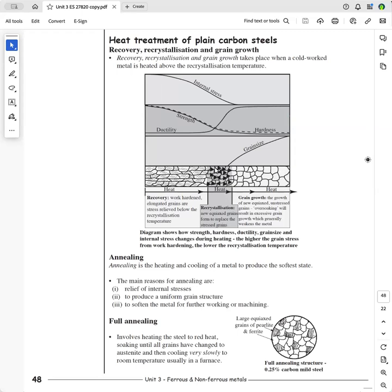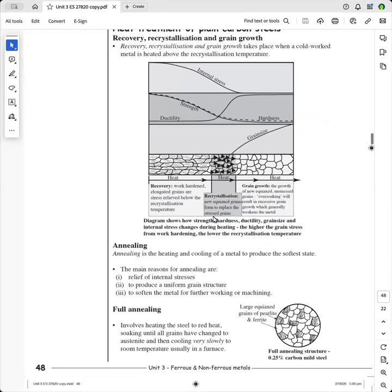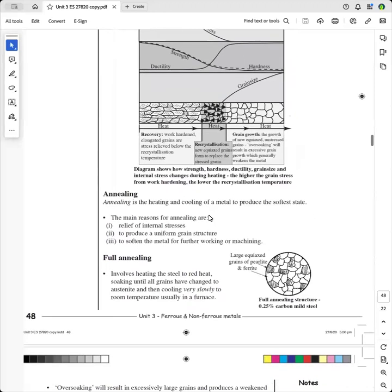Okay, so that's an explanation of that diagram. I'd like to go over the different heat treatment processes. So the next one that we're going to have a look at is annealing. Now, put after this, it's softening. Annealing is softening the metal. And to soften